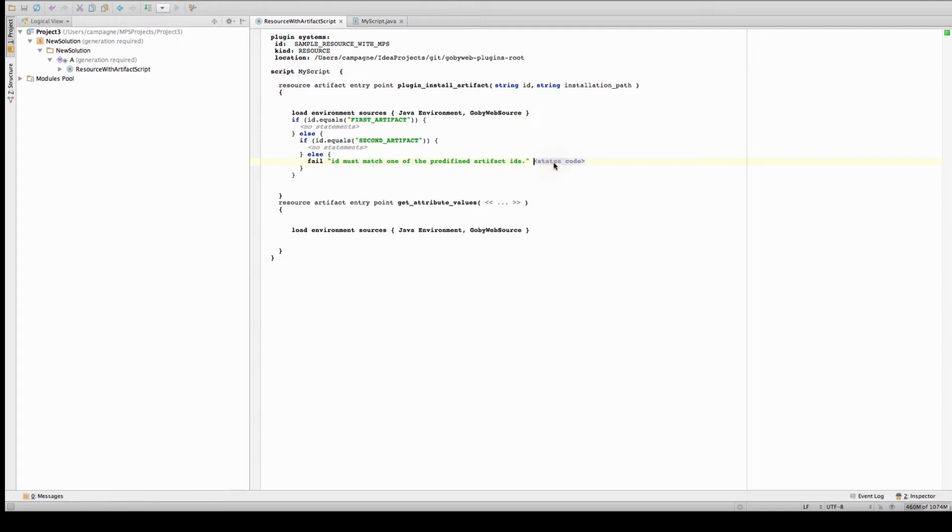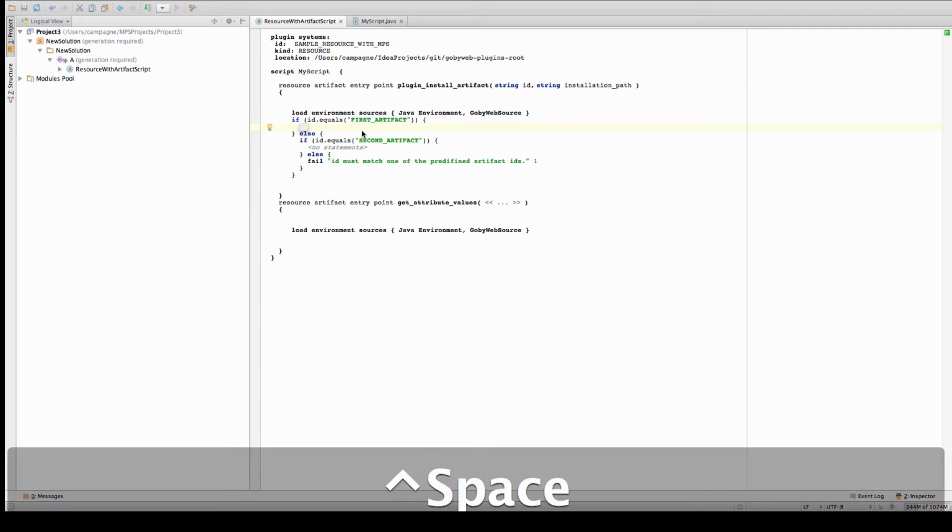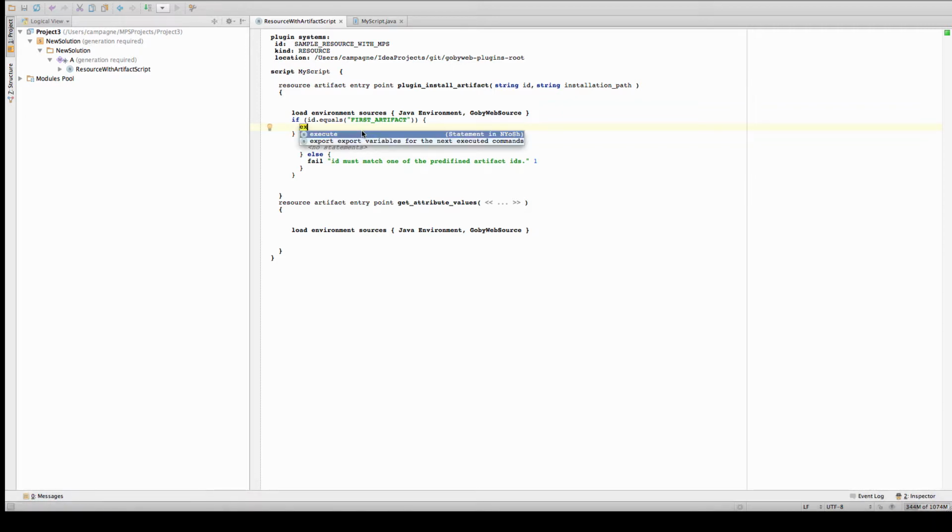And we will fail with a return code of 1, which will cause the GobiWeb artifact installation feature to fail the installation of this artifact, so that next time it tries to install again, it requires this artifact, it will try to install it again. So for the first artifact, typically we often want to download software, and we can do this by executing some